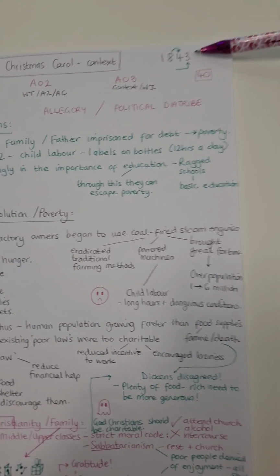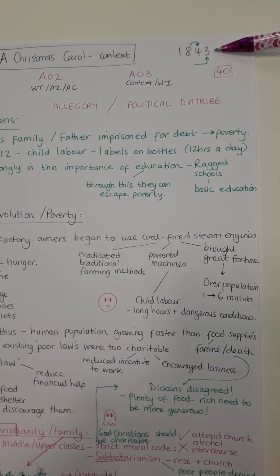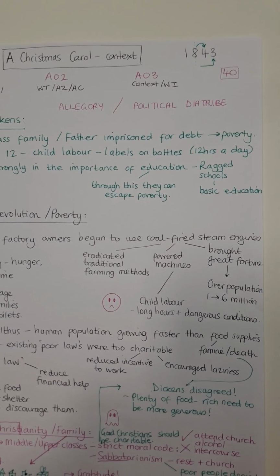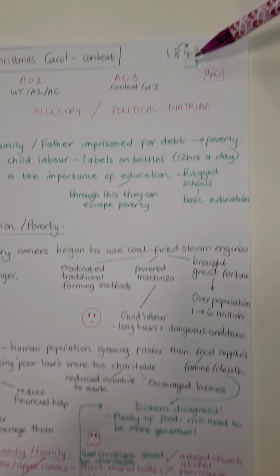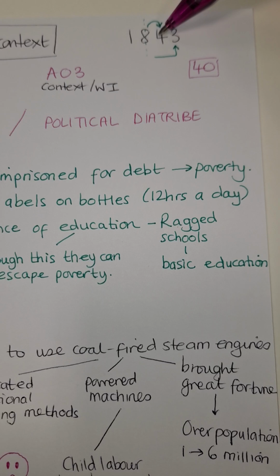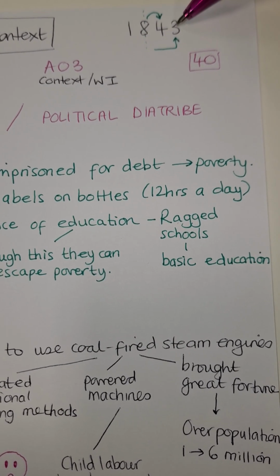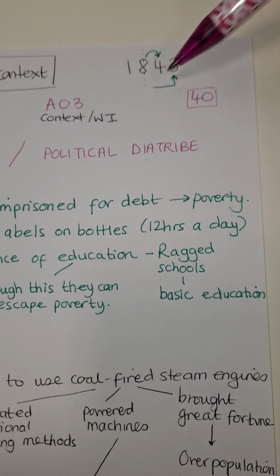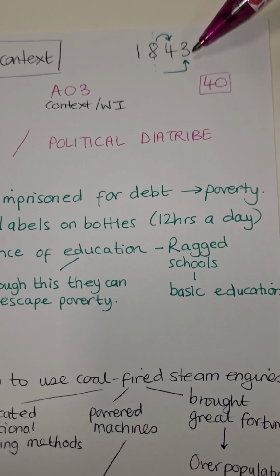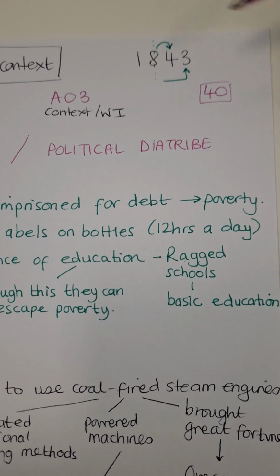Now, I don't know about you, but personally, numbers just do not stick in my head. And one way that I came up with to remember 1843 is I thought, well, half of 8 is 4. And then if I cut 8 down the middle, it makes 3. So 1843, if you're not good with numbers, just like me, you find ways of making it stick, that might help you.